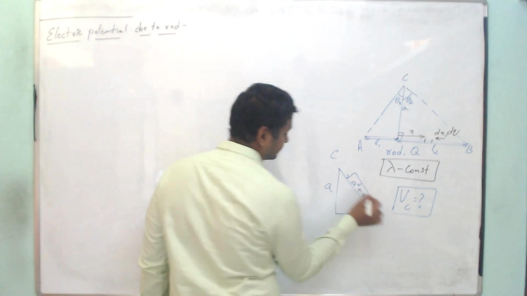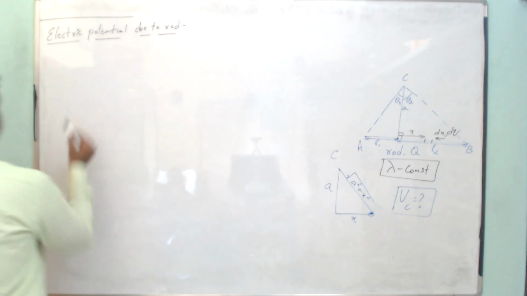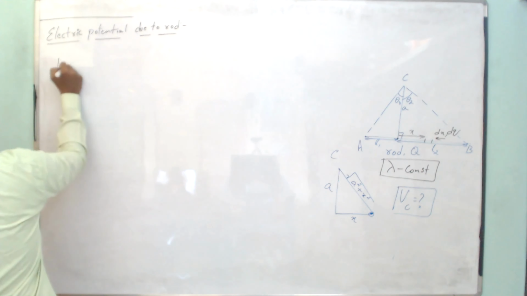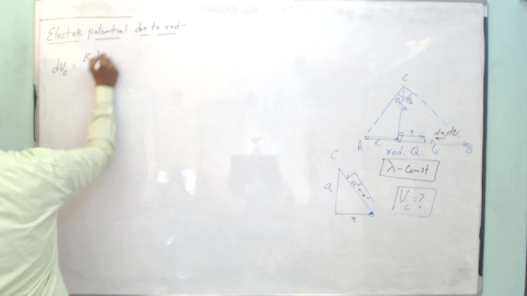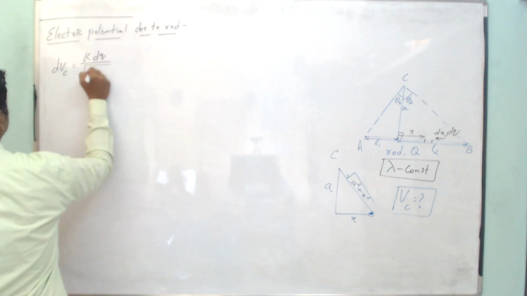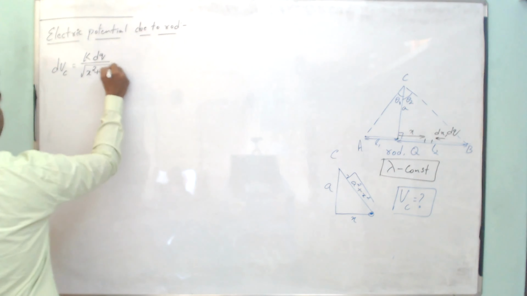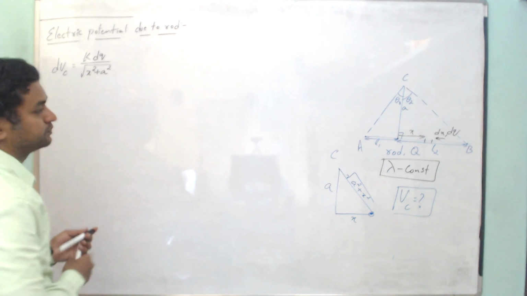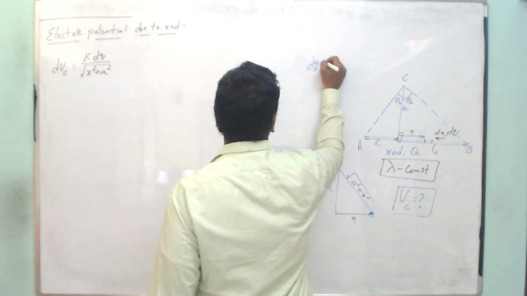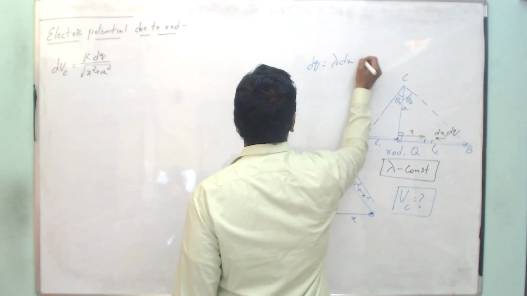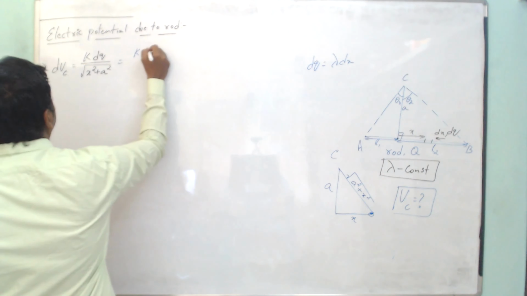Now, the potential due to the element, I will write as dVc is equal to k dq upon the distance, square root of x square plus a square. Now, lambda is dq by dx, therefore dq is equal to lambda dx. So simply I will get this as k lambda